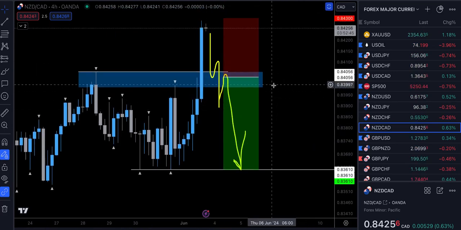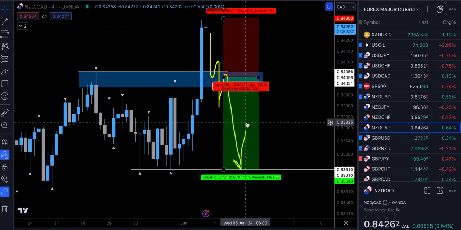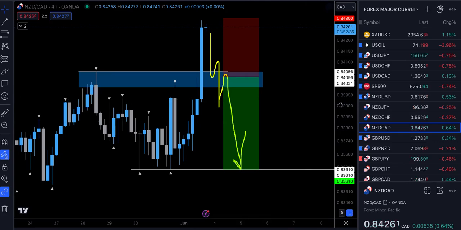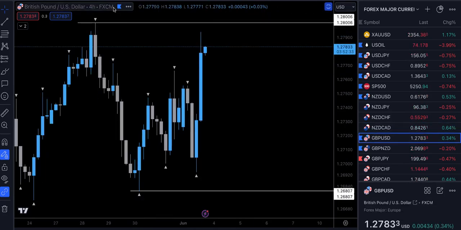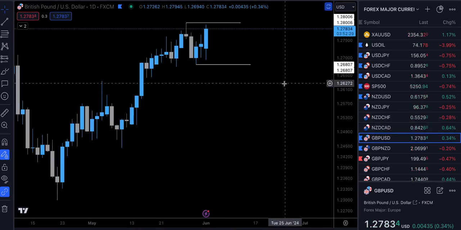So if we can reclaim this area, 83, let's call it 84 on the dot, that'll be bearish for NZD CAD, and you can look for the trade back down to the downside there. NZD CAD, that's covered. Next pair,